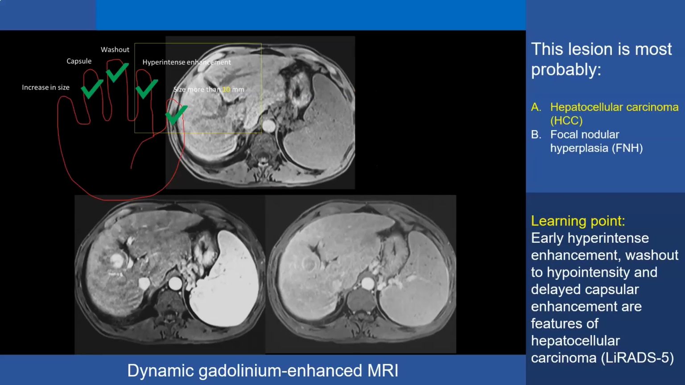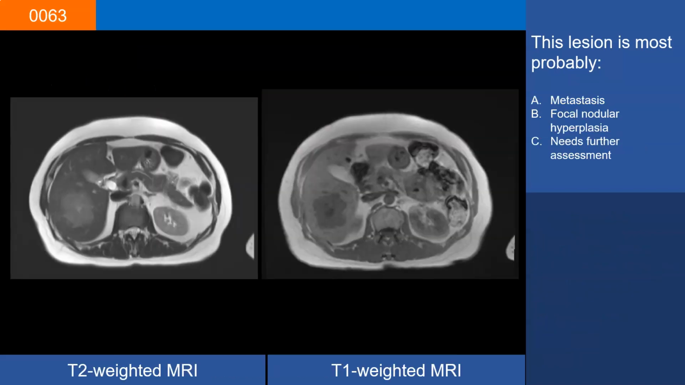Applying this simplified approach of the LIRADS classification to the case we have just seen, this case shows early enhancement. It is more than 1 centimeter, just above the threshold of 1 centimeter, and it shows washout and it shows capsular enhancement. So it is a LIRADS 5 hepatocellular carcinoma. Case 63, this lesion is most probably